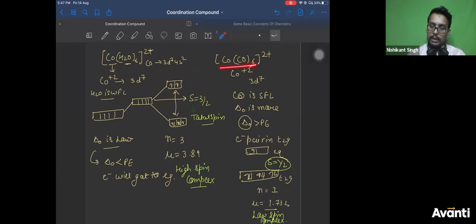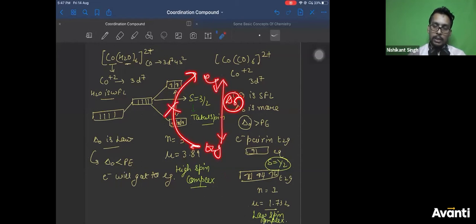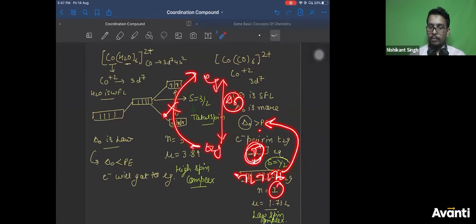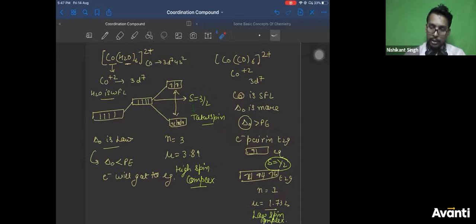Then in this we had cobalt with a strong field ligand, 3d7. With a strong field ligand, delta O is more, so the gap between T2G and EG is more. Delta O is the gap between these two. So the gap is more, which means electrons do not jump to EG. So the filling will be like this: 1, 2, 3, 4, 5, 6. Now if all are filled, then the last one will jump to EG. How many unpaired electrons are left? 1 unpaired electron, magnetic moment 1.732. Low spin complex because electrons are paired down.